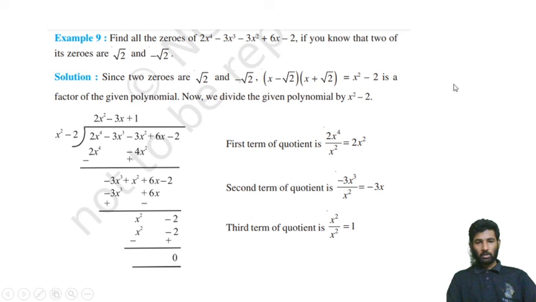Now let us solve some questions based on this division algorithm. See, you can see here one polynomial is given of degree 4 and two roots of these polynomials are given. Now what we have to do is find out a polynomial and divide the given polynomial with the obtained polynomial. So here, as you can see, two roots are given. Now we use these two roots to find out the polynomial. Simple. If these roots are given, we can turn them into the factors by writing them in this format.